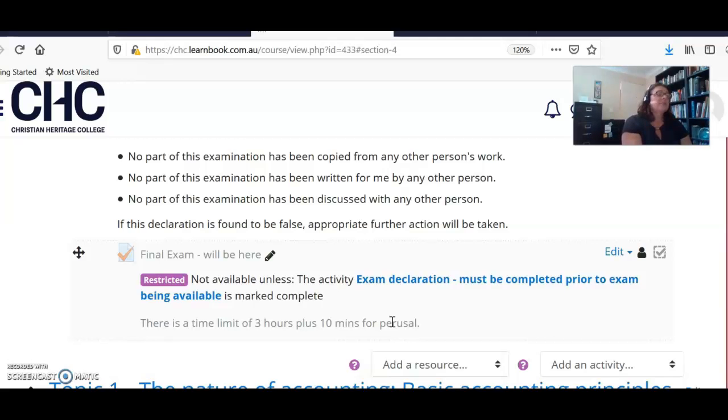There's probably not much more to say on that, except that during the exam, if you have any questions, feel free to phone me. I'll put my phone number in this section as well, and Amy and Manuel's phone numbers will be in there as well. My number, if you want to make a note of it now, 3347 7939, and Amy's number 3347 7929.